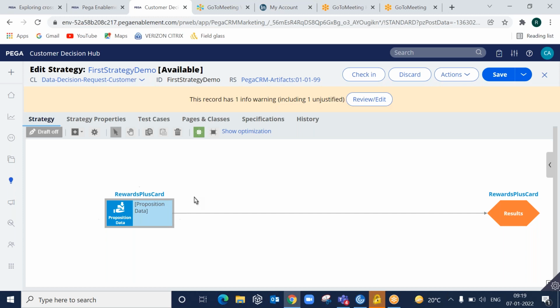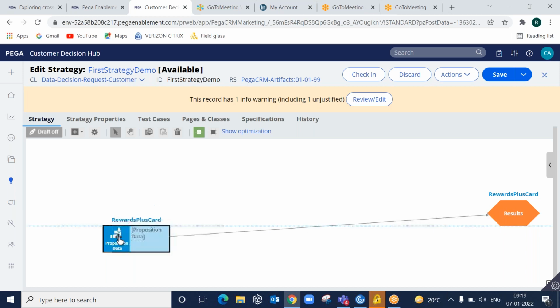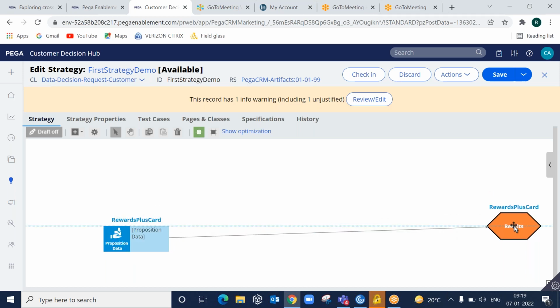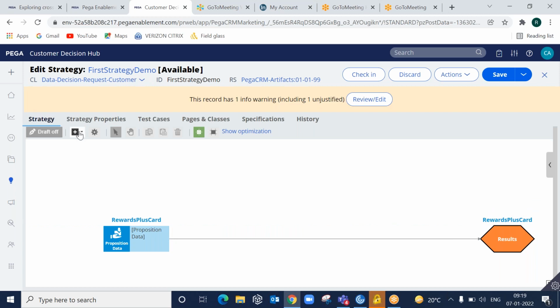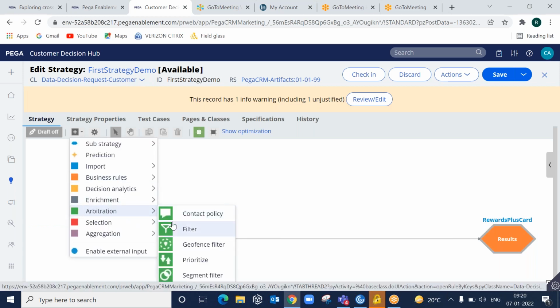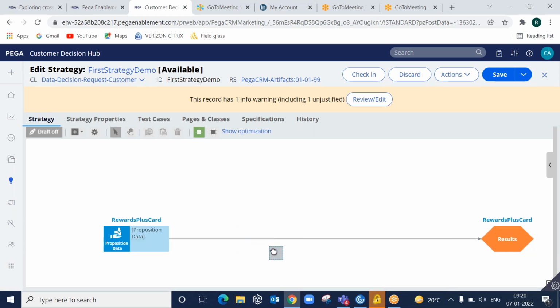Now, we did not perform any strategy logic. What we have done is simply import the offers and send them to the results. Now let us add some logic to this strategy. I will add a filter. The filter component is used to filter the source component. Source component means the component from where the input is coming.